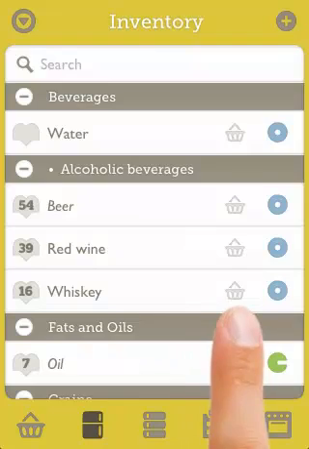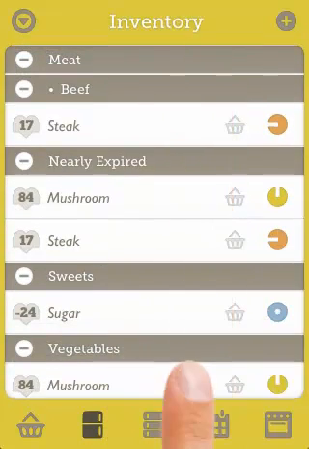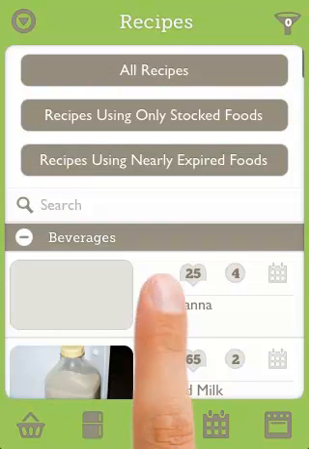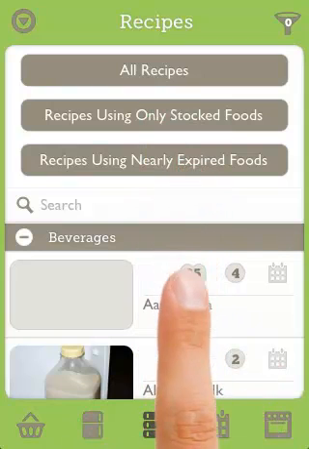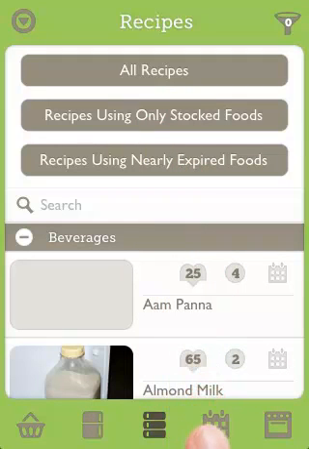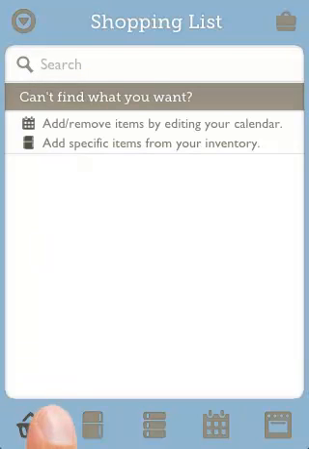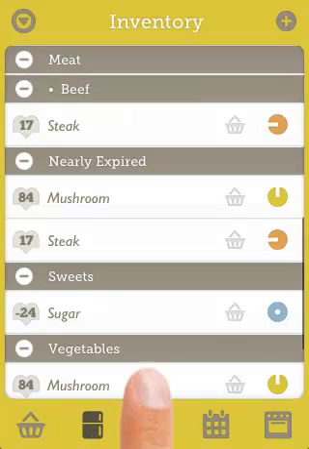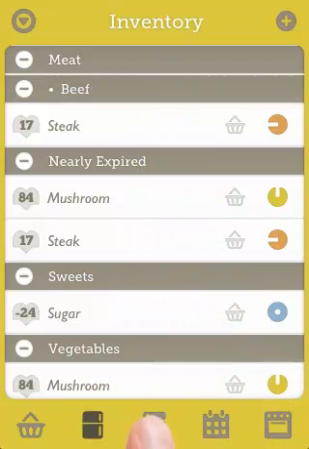You use the inventory to track what you have at home and when things are expiring. The recipe database also uses the inventory to find recipes that use only the foods you have and recipes that include your nearly expired foods. Also, when you add recipes to the calendar, only foods not in your inventory are added to the shopping list. So we can first input what we have at home so the recipe database, calendar, and shopping list can coordinate